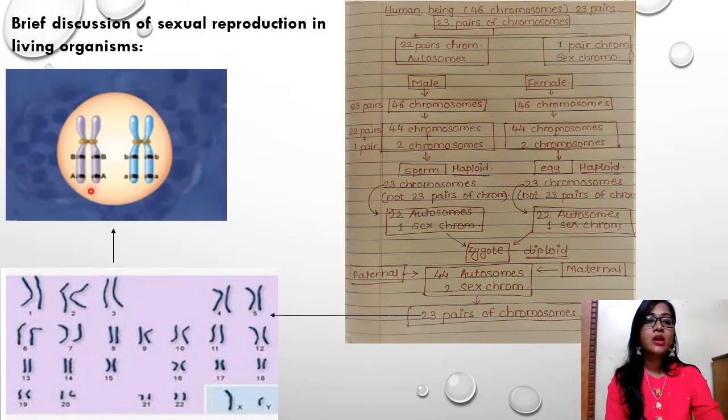If you remember, we have talked about tall plant and dwarf plant. Homozygous tall plant contains capital T type of genotype. So these alleles are capital T, capital T. In the homozygous dwarf plant, the lowercase small t is present on the chromosome. These are that type of genes. So these are the forms of alleles which are present on the set of chromosomes.